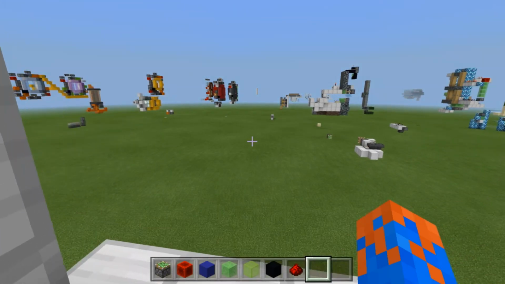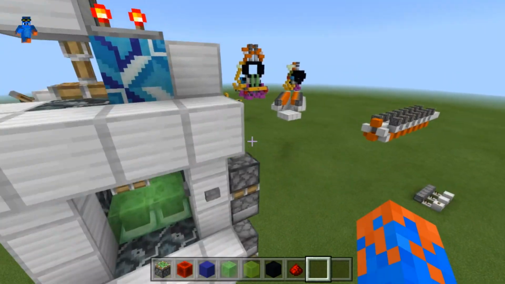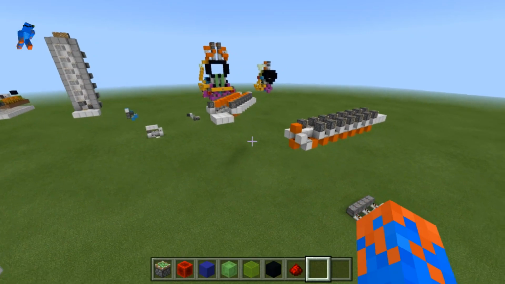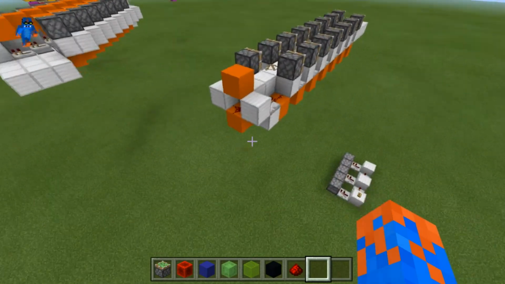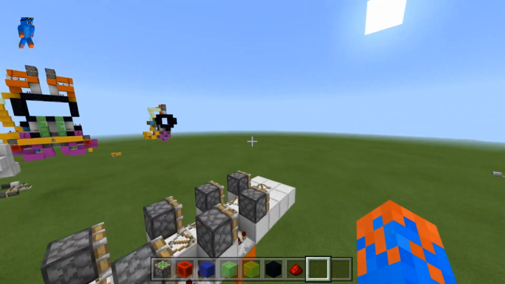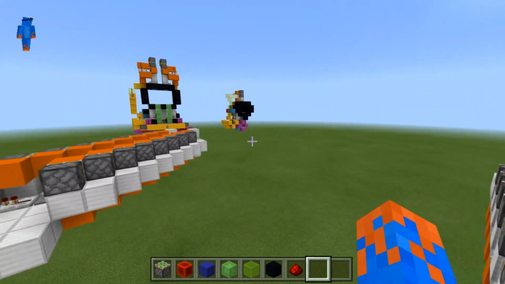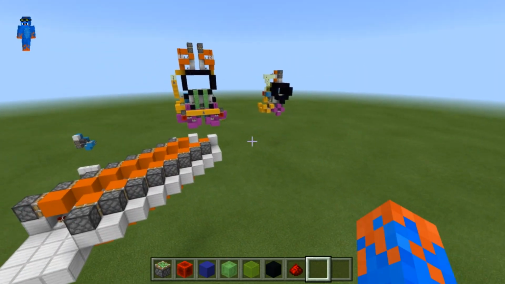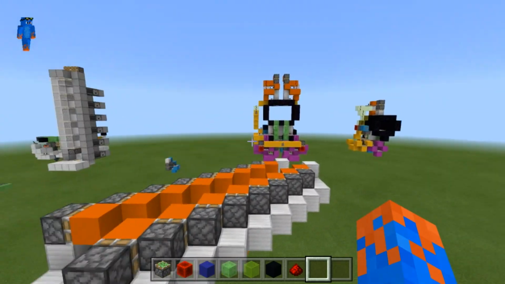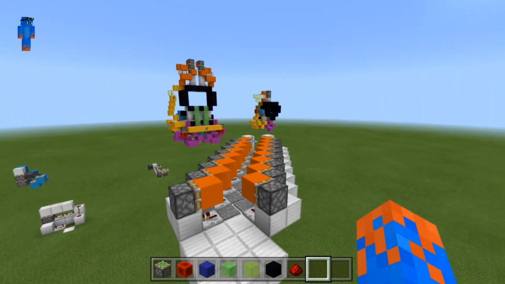Why were they added? Why? Okay, let me explain before you get mad at me, okay? Because I know the community absolutely loves honey blocks. Now, I myself haven't really played around with honey blocks in Bedrock. I did play around with it in Java, but the reason I despise honey blocks is because thanks to them